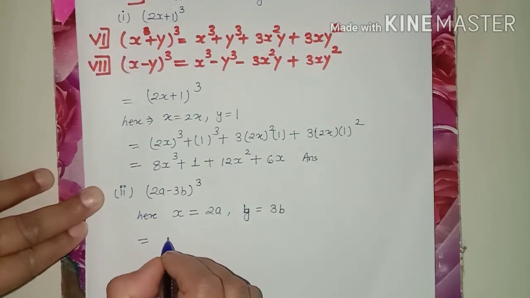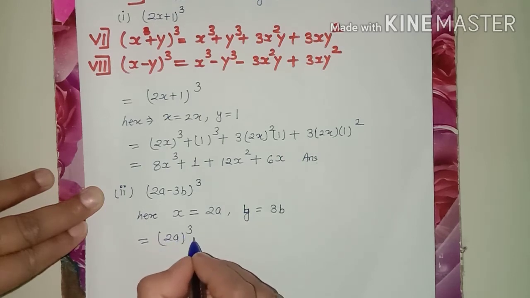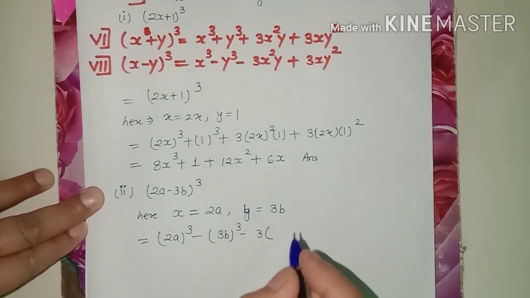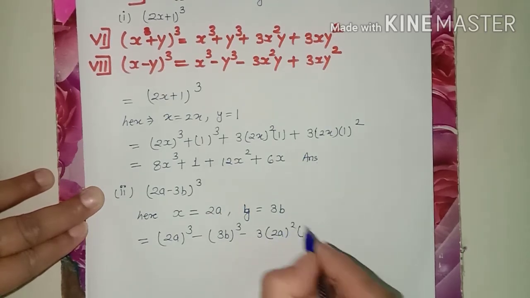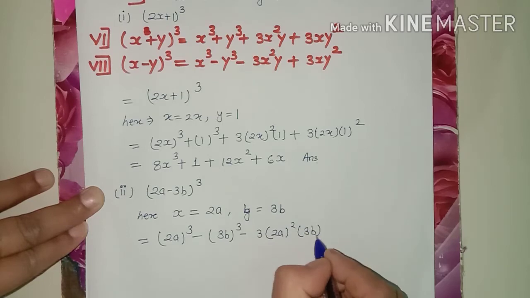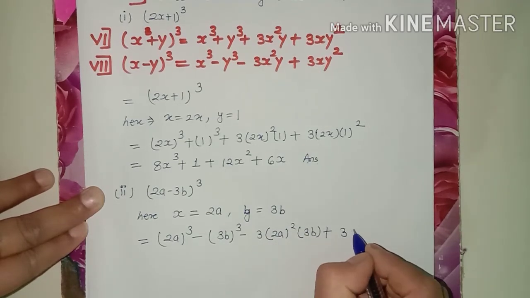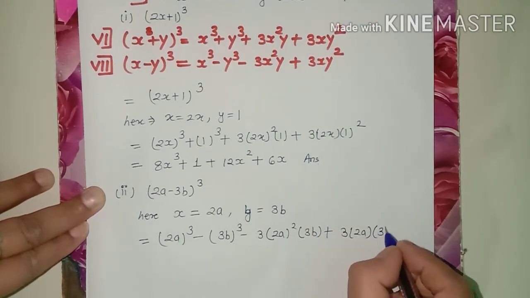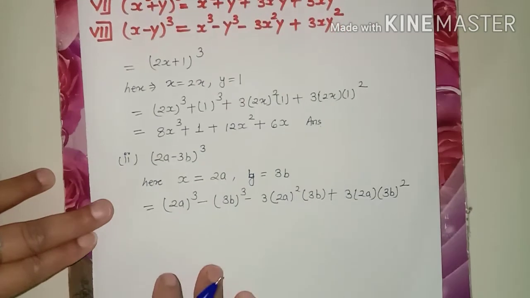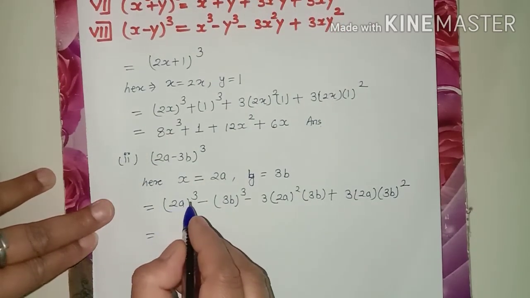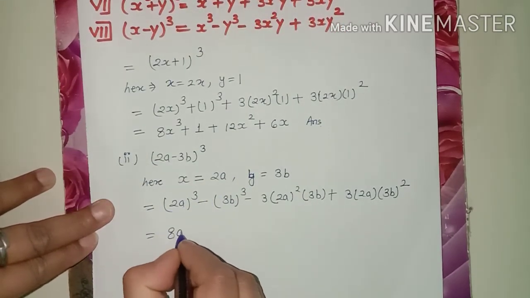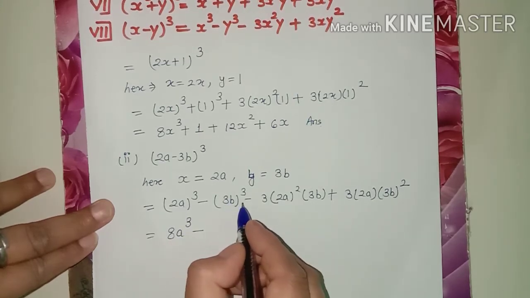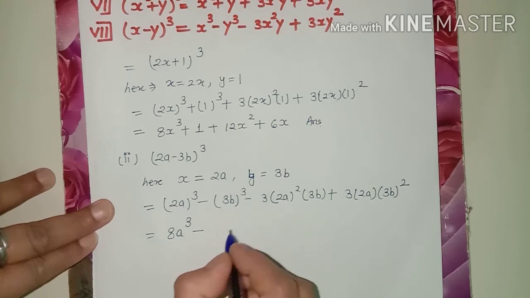Substitute the values in right hand side. X cube, it means 2a whole cube, minus y cube, it means 3b whole cube, minus 3x square, it means 2a whole square, y it means 3b, plus 3x, x it means 2a, and y square it means 3b whole square. Simplify this. 2a into 2a into 2a, what we will get? We will get 8a cube, minus 3b into 3b into 3b, 3 3s are 9, 9 3s are